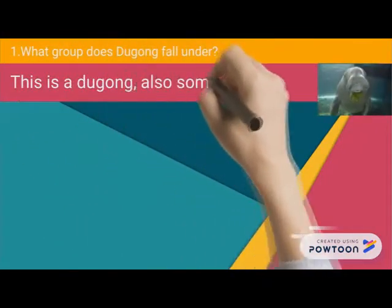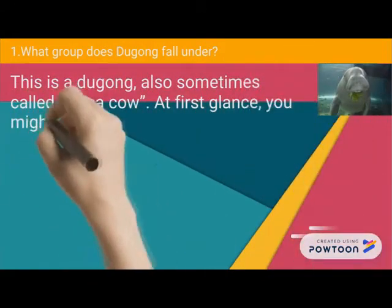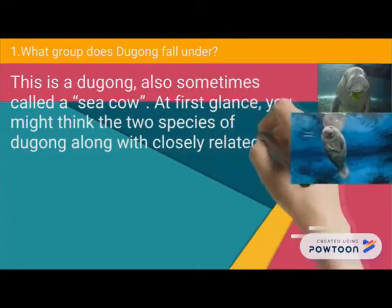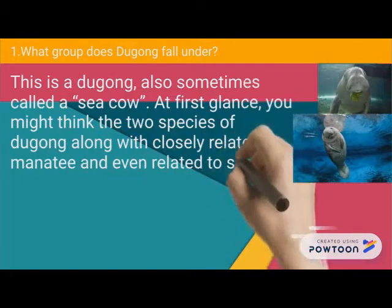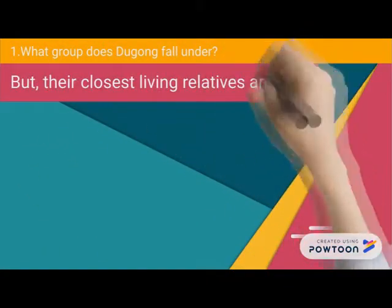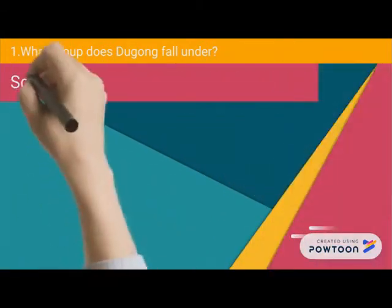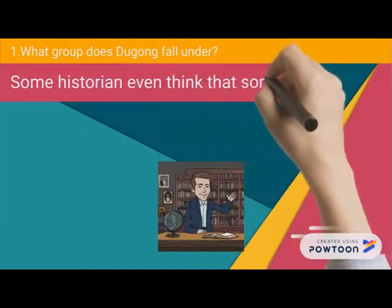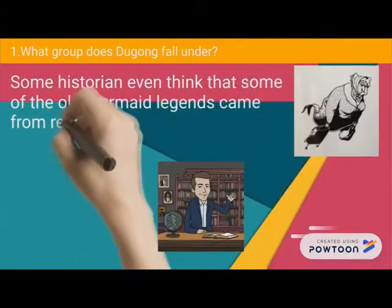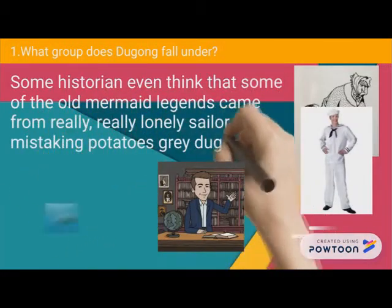This is a dugong, also sometimes called a sea cow. At first glance, you might think the two species of dugong, along with the closely related manatee, are related to seals or walruses, but their closest living relatives are actually elephants and small stocky hyraxes. Some historians even think that some of the old mermaid legends came from really lonely sailors mistaking potato-shaped grey dugong